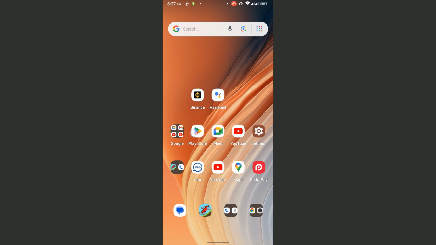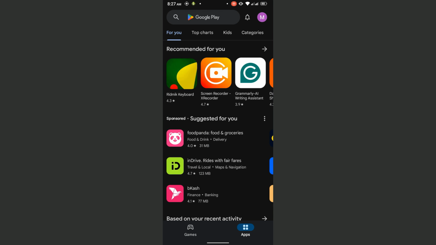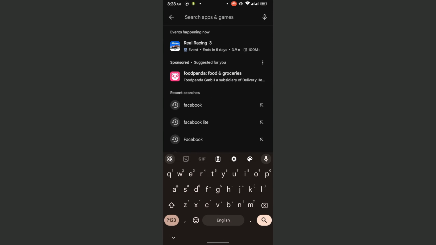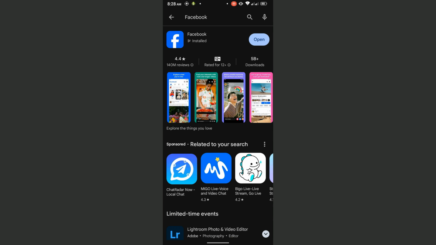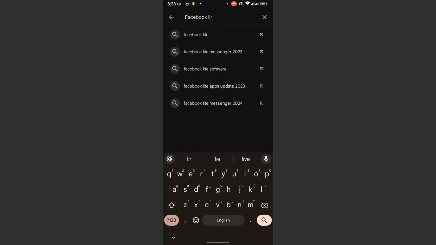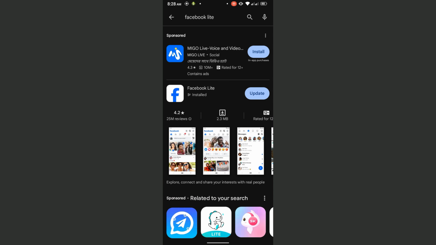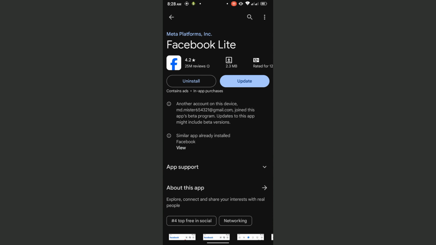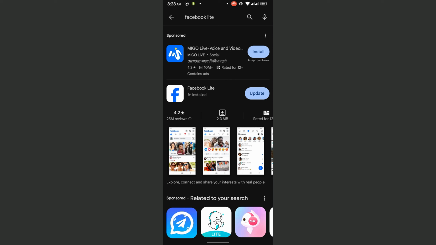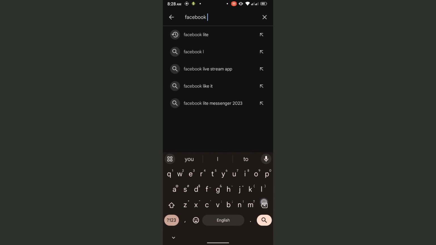So today we are going to share how to schedule a post on a Facebook profile. So simply we need to download the Facebook official application, Facebook. You have to have this application, not this one. If you have this application, you will not be able to schedule a post on a Facebook profile. You need to go on the Facebook official application and